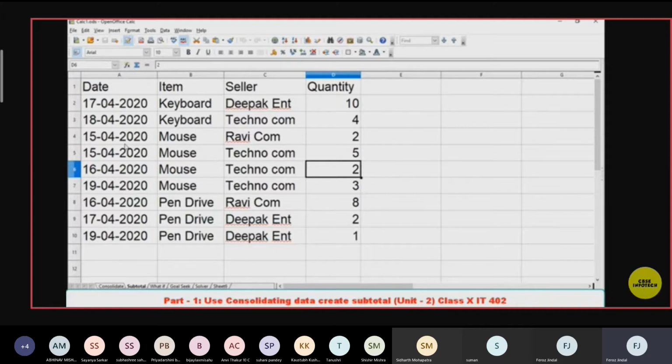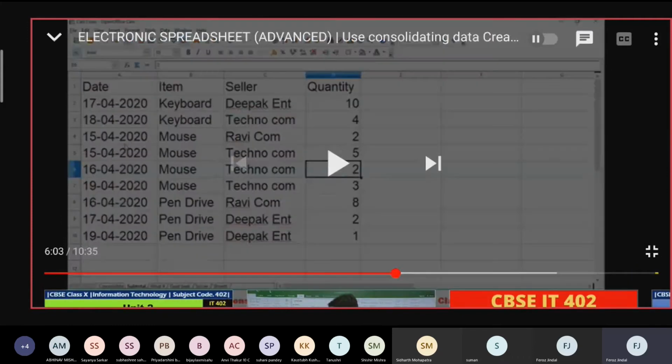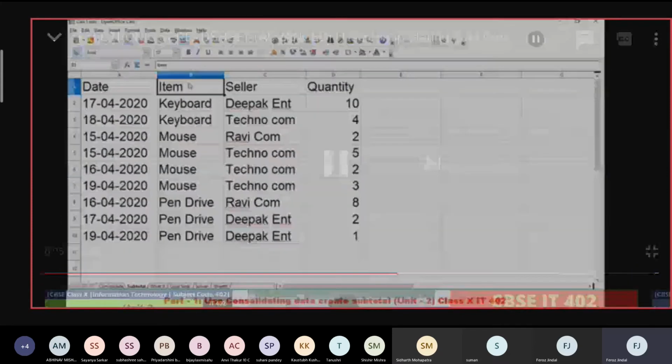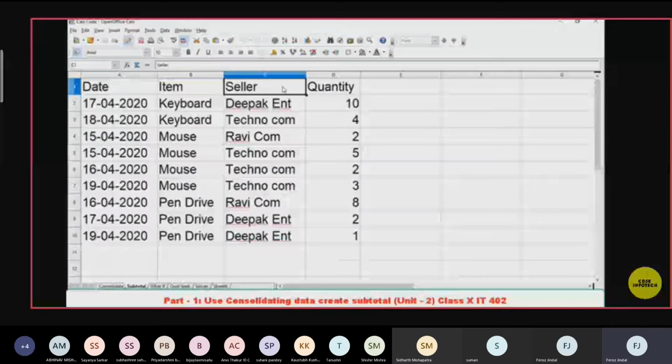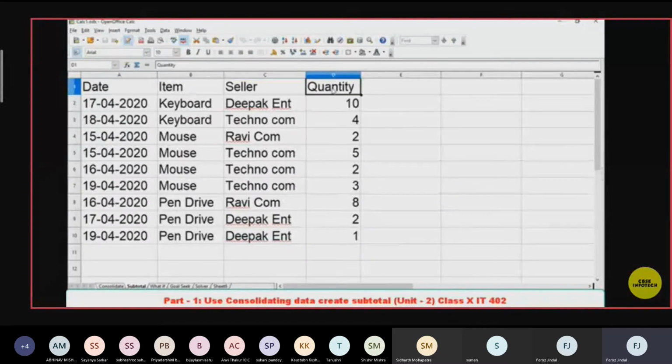Now let us move forward. See, the sellers' names are also written and what quantity we have taken from each seller for each item. Now see carefully. For example, see the keyboard is taken on 17 and 18, and the quantity taken is 10 and 4.